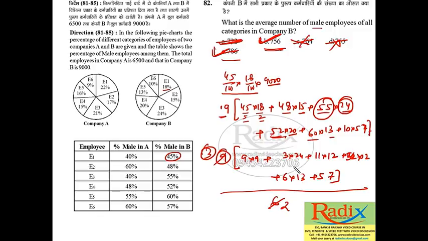Now next, what we'll do, we will check whether it is a multiple of 9 or not. See, 1 3 is there. Look, here we will get a 3. We'll get 3 here. We'll get 3 here. We'll not get 3 here. 3 here and not 3 here. So look, 5 values are multiples of 3, 1 value is not a multiple of 3. So this sum will not be a multiple of 3. So answer B is not possible. Answer is only E. Now solve it, you will get your answer, but this is the shortcut to solve questions like this. We have checked multiples of 3 only. Okay, next question.